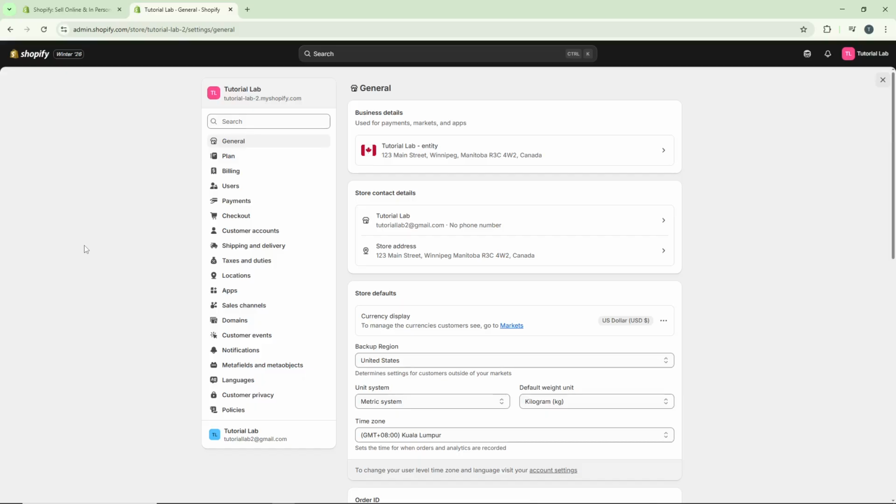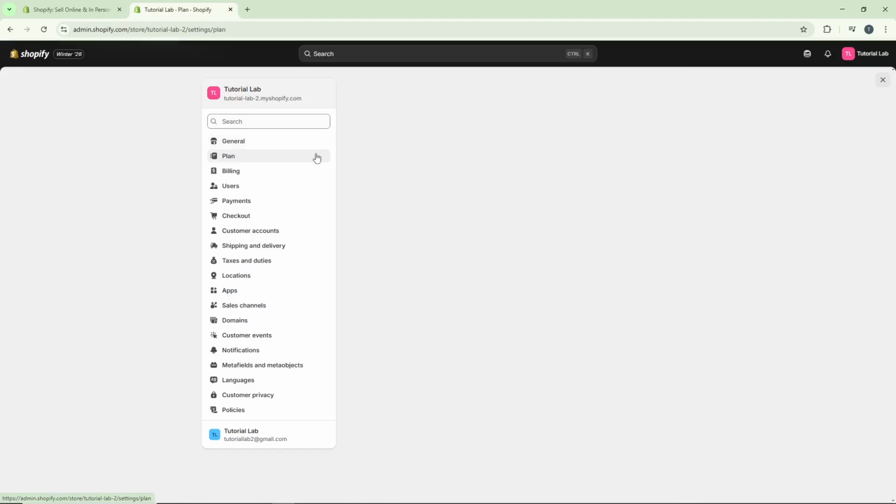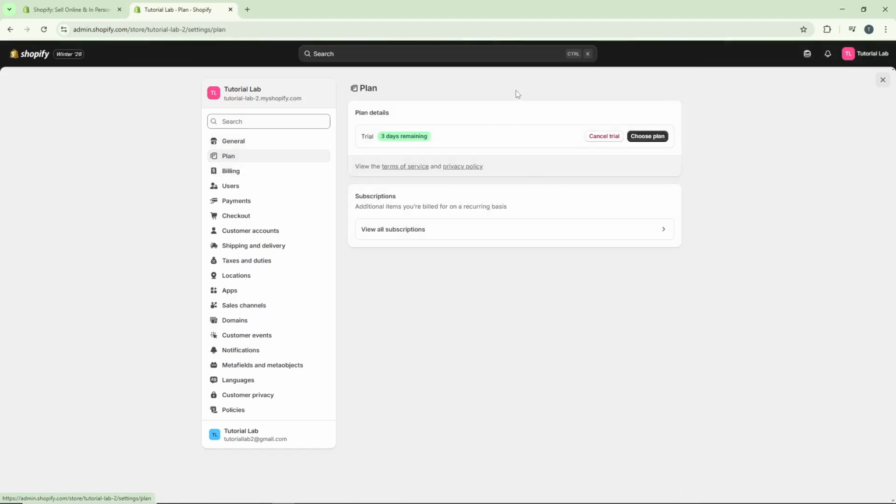Once you're in the settings area, you'll notice another menu on the left side. From this secondary navigation, click on Plan. This section is specifically dedicated to managing your subscription tier and viewing details about your current plan, including features and